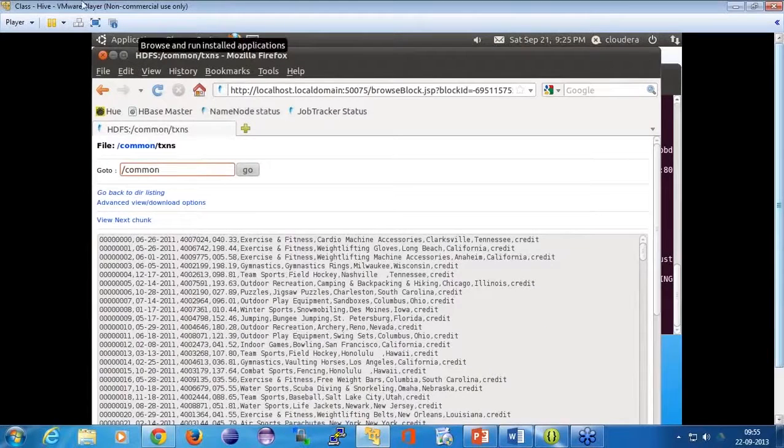What I was trying to show you is that this data is now on HDFS. We have not moved that data into the warehouse. Is that clear?